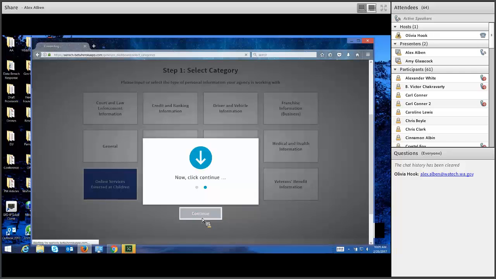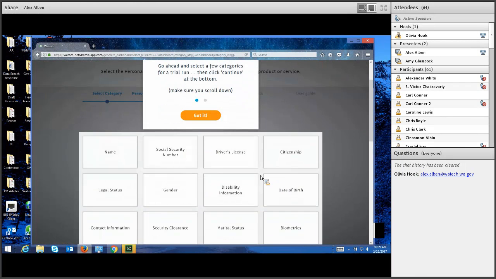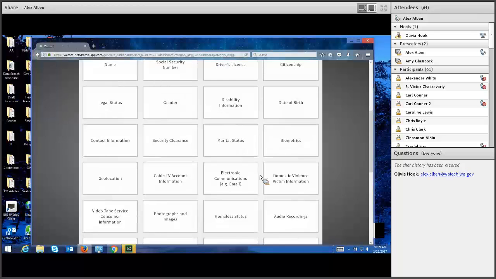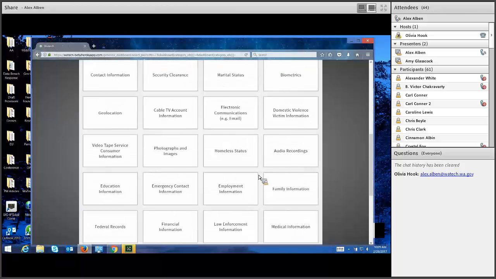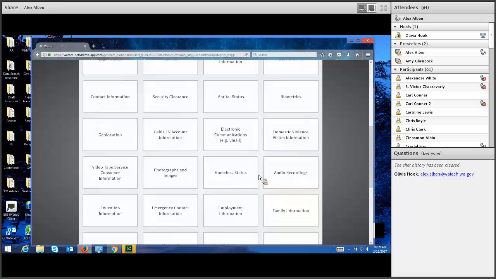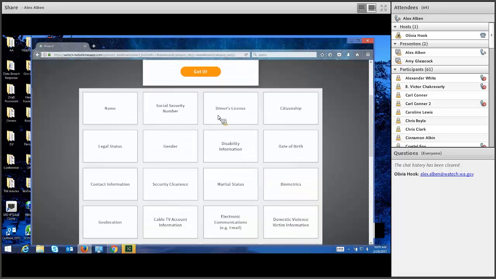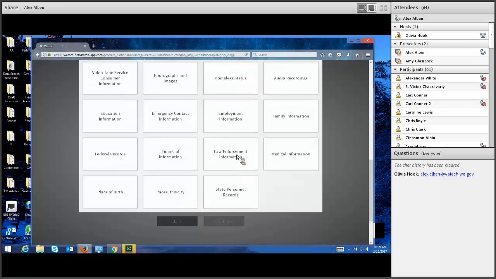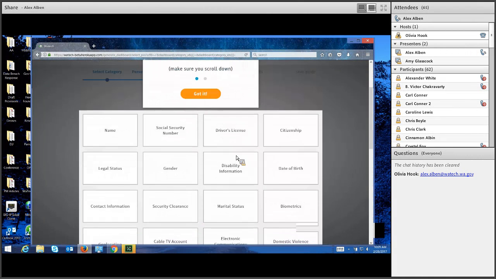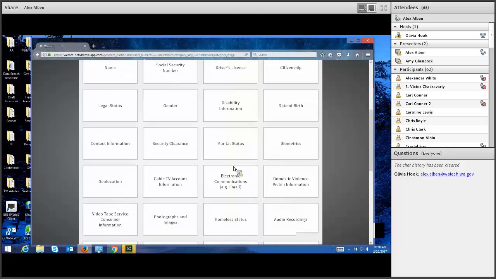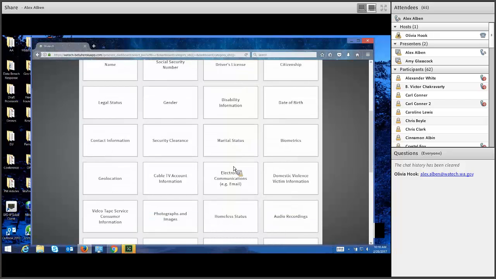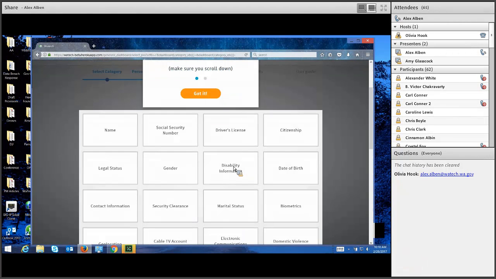So you click on those tiles. And this is the tutorial saying, okay, now what kind of personal information am I going to use in the product or service that I'm building? We narrowed it down to 31 different categories of personal information. Obviously, there are probably hundreds of different kinds of personal information that would make a sort of unwieldy application. And so we engaged in a selection process to think about, well, what are the most likely ones?